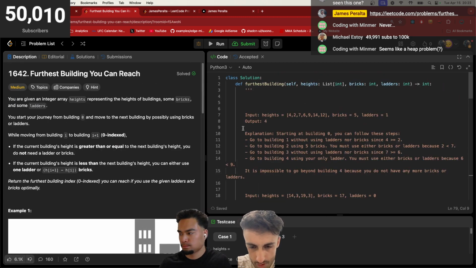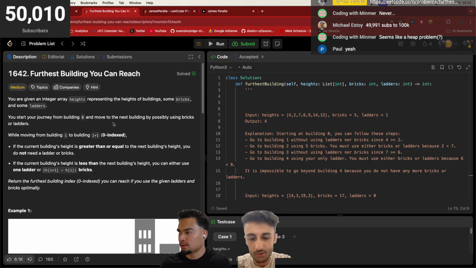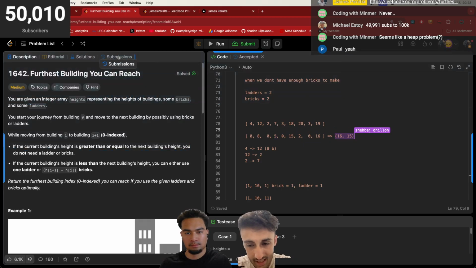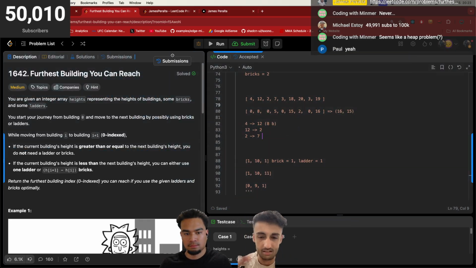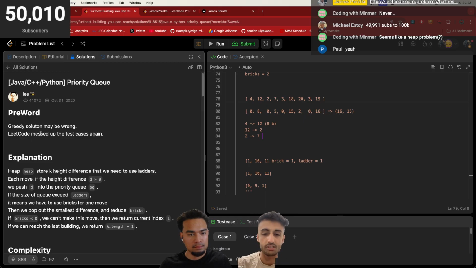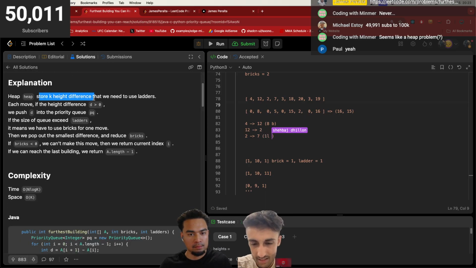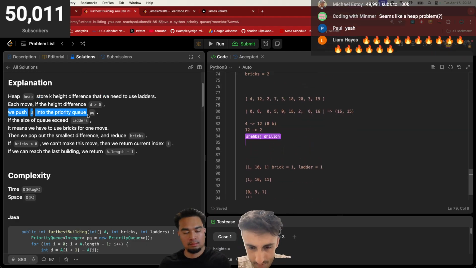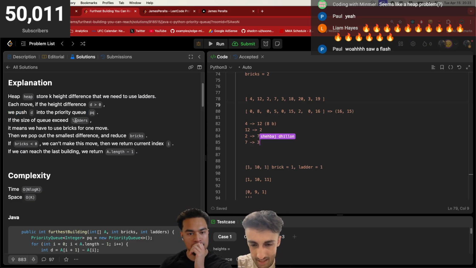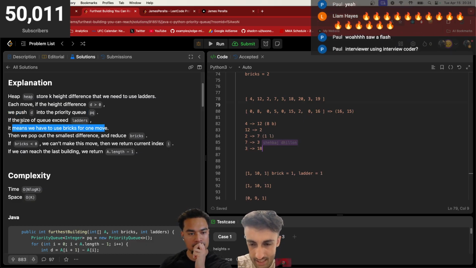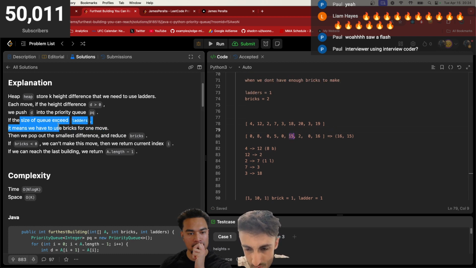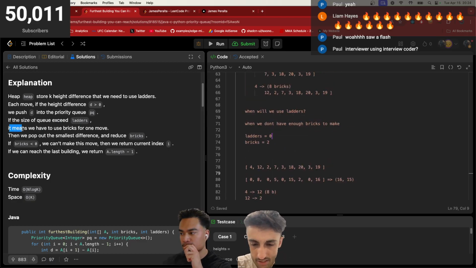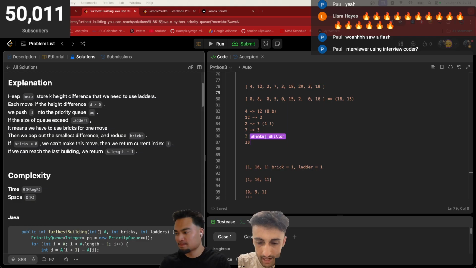From 12 we can go to 2. From 2 we can go to 7. We know that the difference here is 5. It's not in the biggest differences that we saw, so our hand is forced here, so we will need to take the 1 ladder. And from 7 we can go to 3. From 3 we need to go to 18, and the difference here is 15. It is one of the largest differences that we saw, so we'll just use 1 ladder, and we can then set ladder to 0. From 18